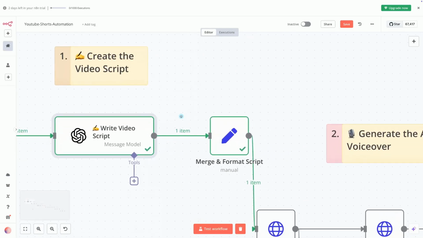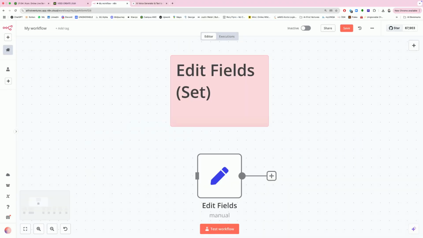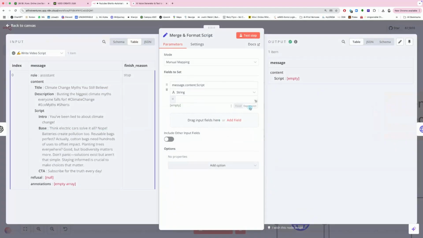Step 3. Combine the script parts. Node type: Edit Fields, Set. This node combines the script parts into one complete text block, so it's ready to send to the voice generator. Switch to manual mapping. Create a new field called